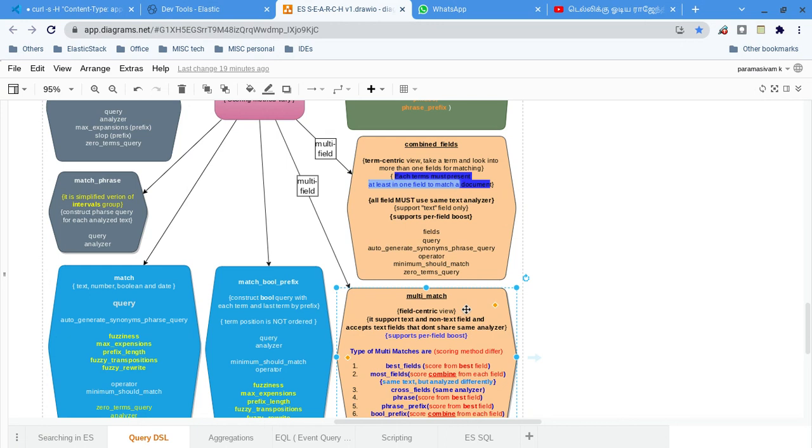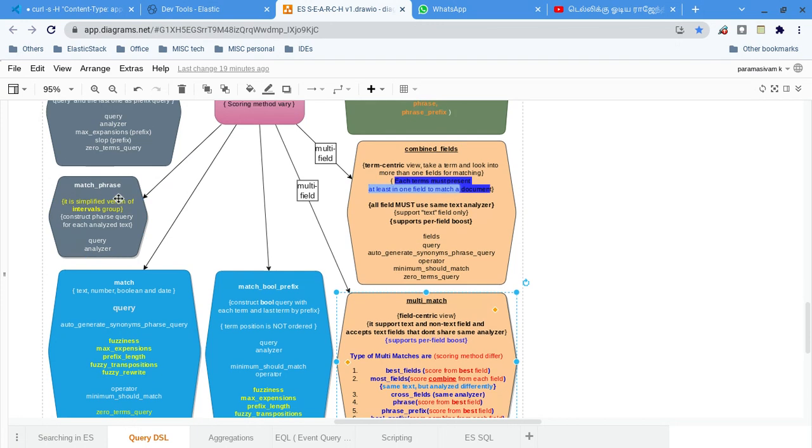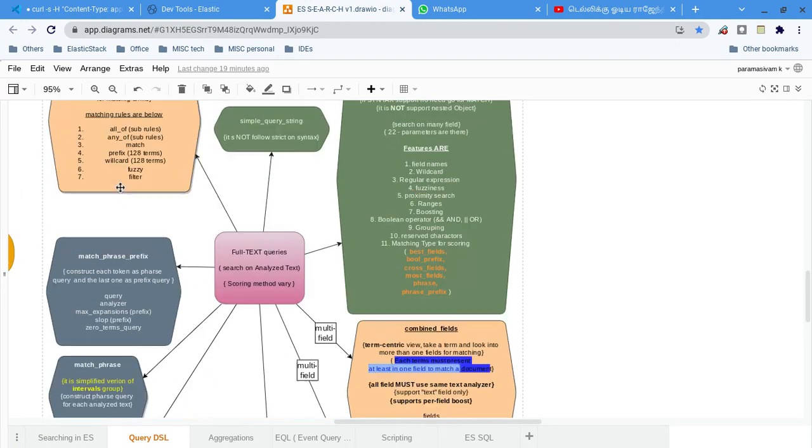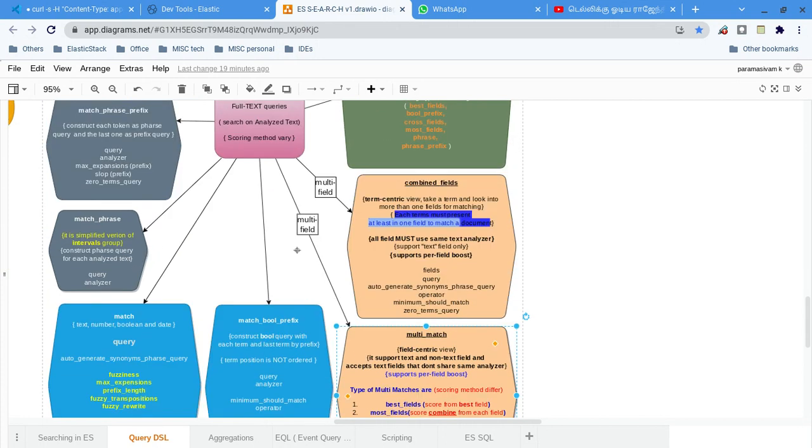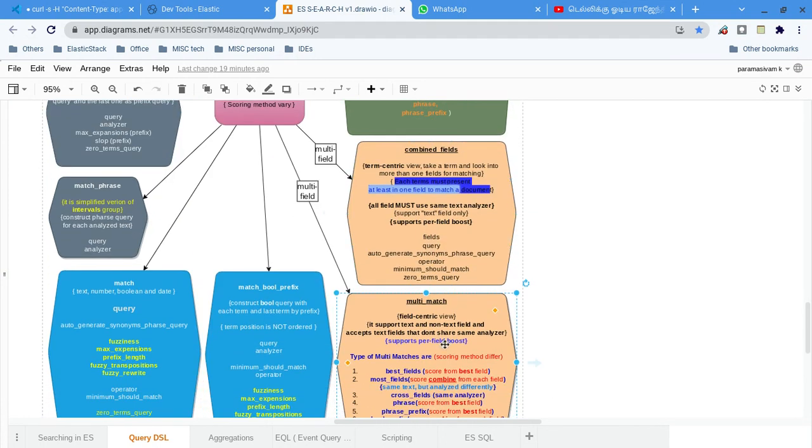Combined field and multi-match are both working for multiple fields. The remaining types or groups of queries work on a single field: match, bool prefix, match phrase, match phrase prefix, and interval. These all work with a single field. But combined field and multi-match work on more than one field, which means the given terms can be searched across more than one field.